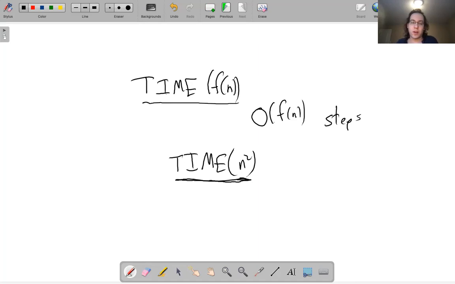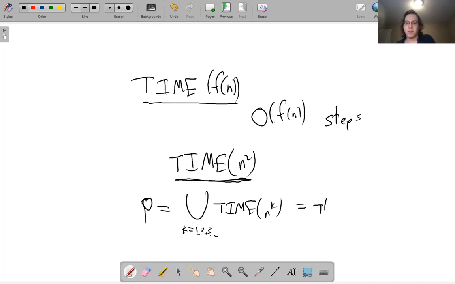So to remedy that, we're going to sort of combine a bunch of classes into one giant mega class, and we will call this P. P is going to be the union over all k equals 1, 2, 3 of time n to the k. In other words, this is time n union time n squared union and so on, time n cubed, time n to the 4. Okay, so of course these classes keep getting bigger. So time n squared contains time n already. All right, but we're taking this infinite union that just says, okay,